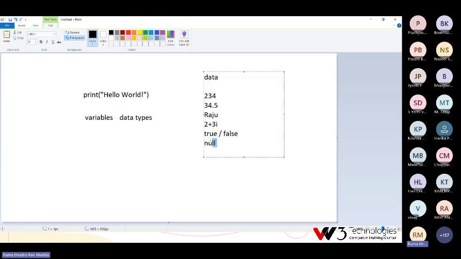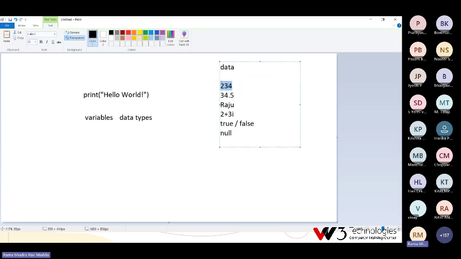Like this, in the computer we have different types of data available. These are the basic data we can use everywhere: integer, decimal, string or character, complex, Boolean, and null.